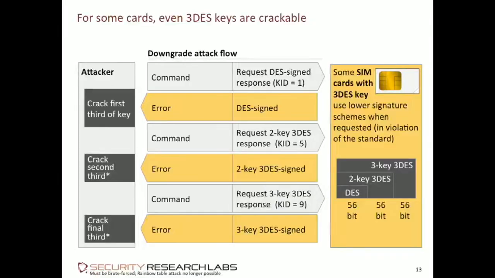The second one now would be signed with a 112-bit key, right? So that's too hard to brute force or to build a rainbow table for. However, since the first 56 bits are already known from the earlier attack, the entropy collapses to 56 bits at most. So you now have a brute force attack on 56-bit, and even the last one, where they really used the state-of-the-art 3-key triple DES, again becomes a 56-bit problem. So I need to emphasize, this is only on few cards from certain manufacturers, but still, whichever operator said we didn't even look at the problem, we are not affected, they better look at this before they conclude. So, downgrade attack on triple DES.